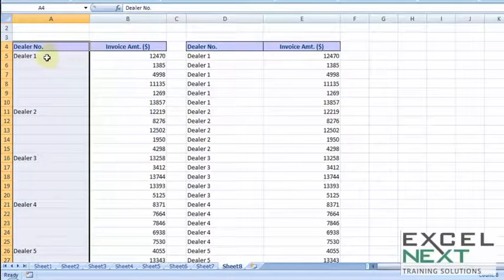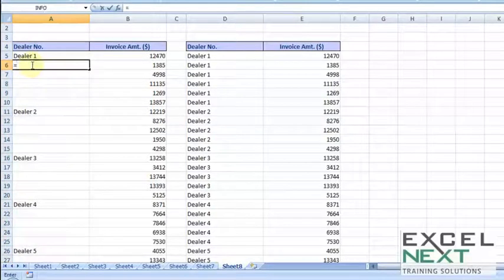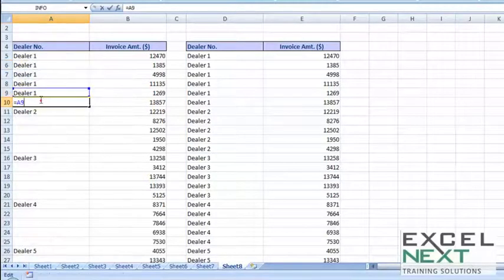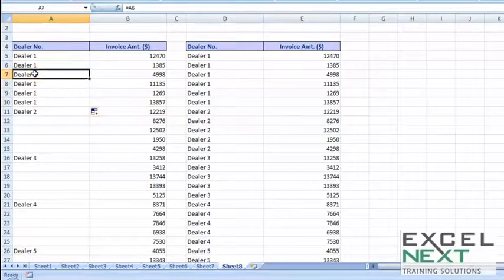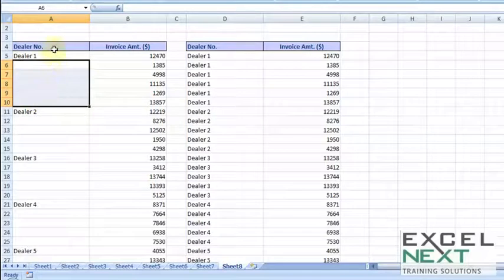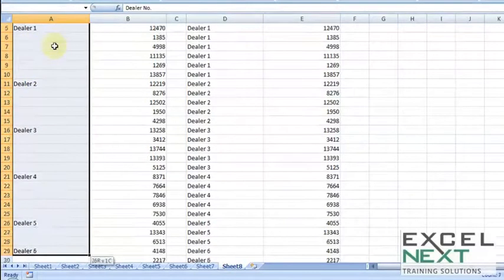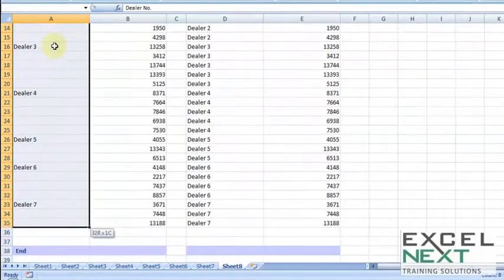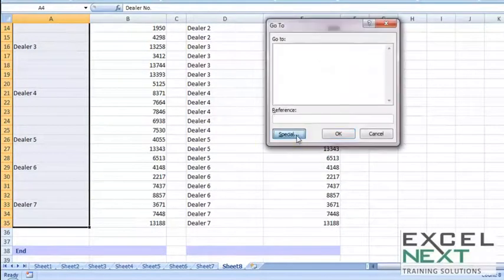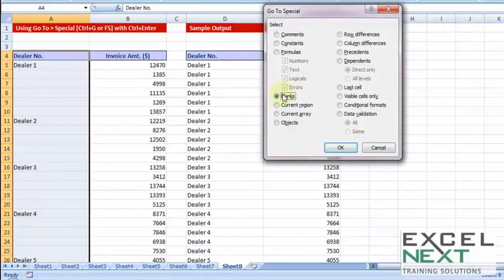The formula which should suggest that please refer to dealer 1, please refer to the cell above, something like this, equal to dealer 1. And the next formula, when I copy paste it down just before dealer 2, all these cells should be pointing to the cell above it. So this is the logic that I'm going to feed in all these blank cells. So after choosing the data, in whatever way you find comfortable with, Control G, special, blanks.